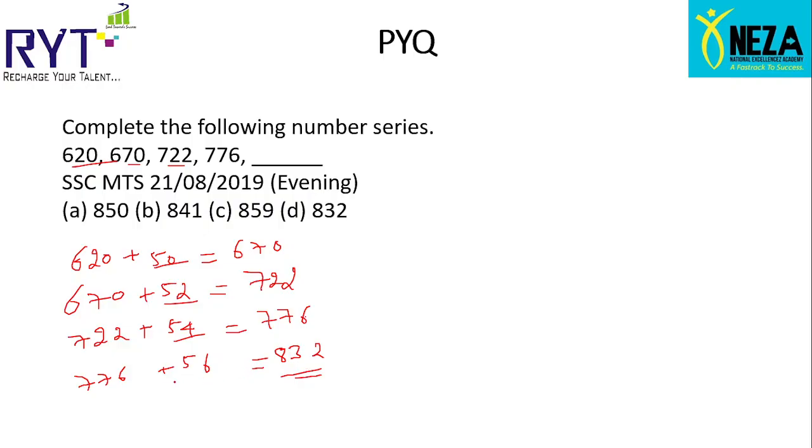You don't need to add this completely. Just observe the unit digit. Observe the answer with unit digit 2. Option 832 is correct. While looking at the unit digit, many times you can save a lot of time just by observing the digit. In this case, the unit digit of 776 plus 56, both 6 plus 6 is 12, so the unit digit should be 2. When you look at the unit digit of all the options,